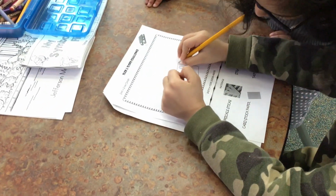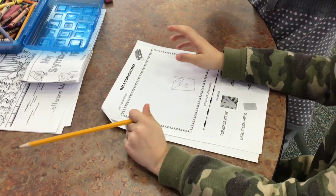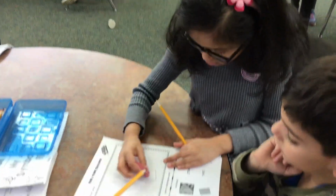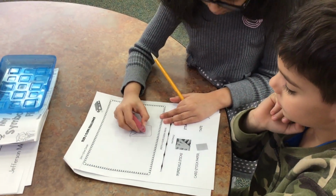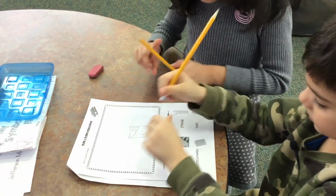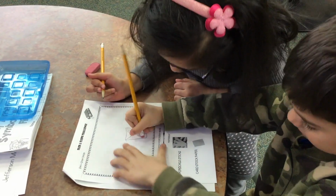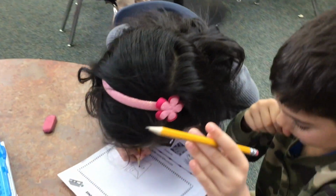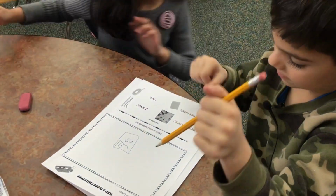I'm just gonna make them as circles. The blocks. Here, do you want me to make a square one? You can make a square, because they're not the only ones. So let me make a square one. That's what I was thinking. There, yeah. Okay. And then